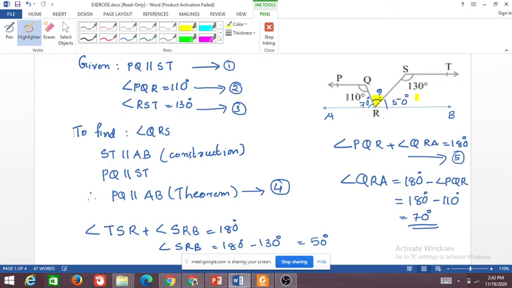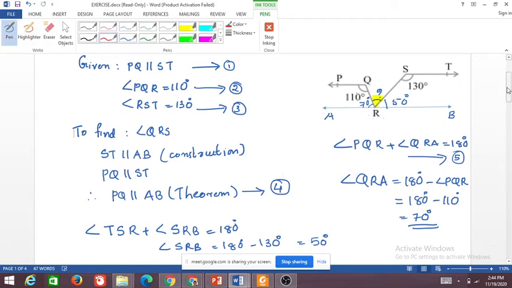Okay, Ramya, can you continue? So you are talking about this angle. So QR is a ray and it is standing on a line AB. So angle ARS and angle SRB, they are a linear pair. So their total sum will be 180 degrees. Now angle ARS is the sum of two angles. So one is 70 degree and the other is angle QRS. So from that you are getting the answer, right, Ramya? Ramya, that is what you are telling me, right? Okay, then I'll write that.